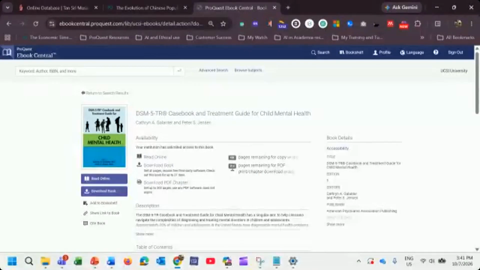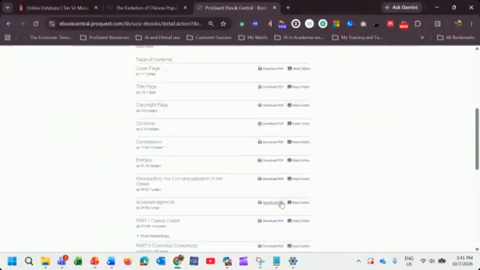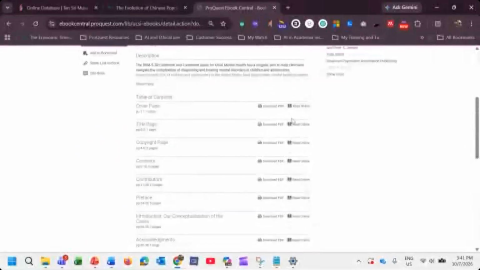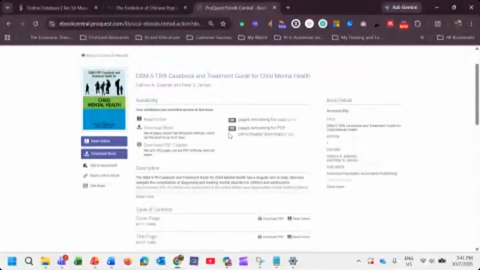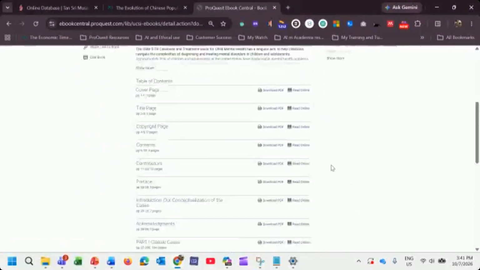So 202 pages means you can download 202 pages in PDF per day. After 24 hours, this will refresh to 202 again. So there are allowances for every day. Every 24 hours it gets refreshed, and you can download more books based on the subject, the chapters and so on. Just take note of that.